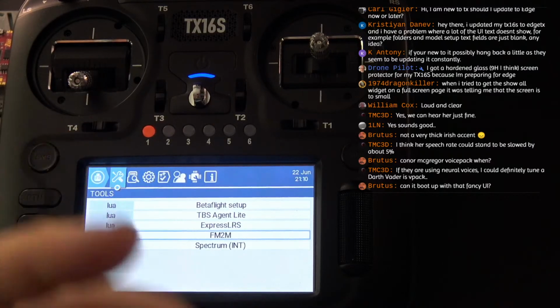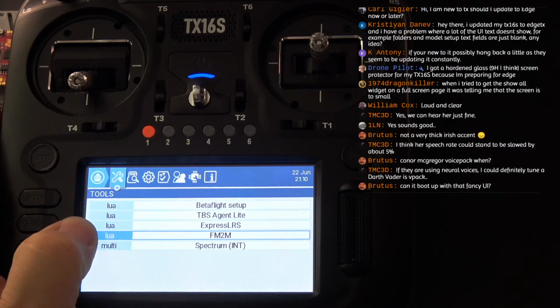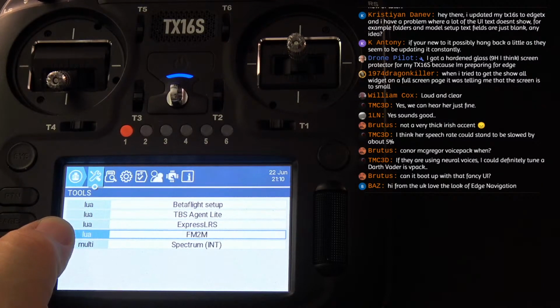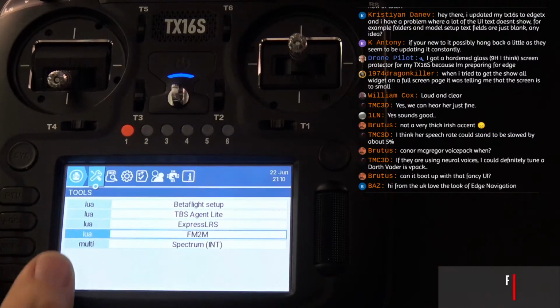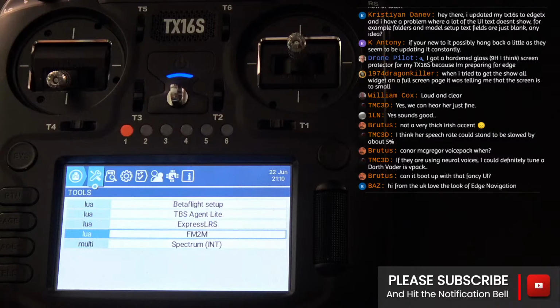So all I can say is that if you think you're going to invest in EdgeTx and that's the system for you going forward, I would just start easy. Start with something that is easy to replace for you and go from there, and get to know it a little bit. But as far as reliability goes, I have no reason at this point to believe that there's a reliability issue. There might be some nuance with configuration, that kind of stuff, but I'm not seeing an operational concern at this point, which is why I'm putting it on one of my quads.